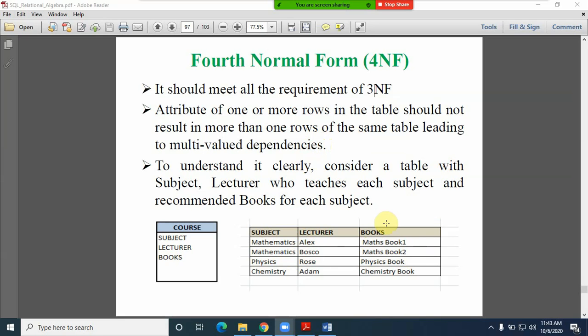Now the problem here, friends, is that the moment you search for the mathematics subject and the corresponding books, you automatically get maths book 1 as well as maths book 2. So if you reference the kind of problem you observe in this particular subject notation is,